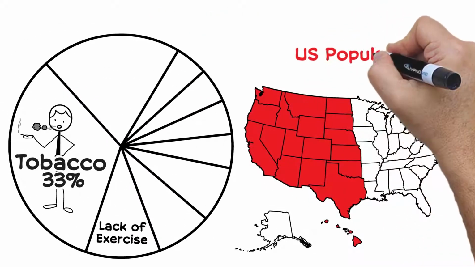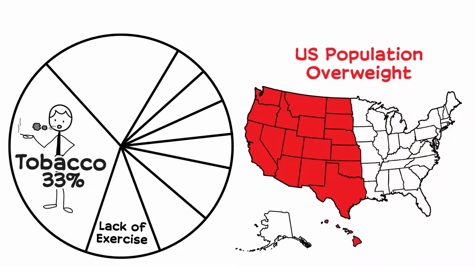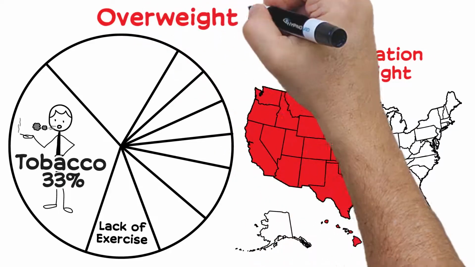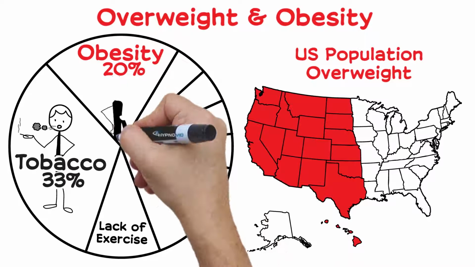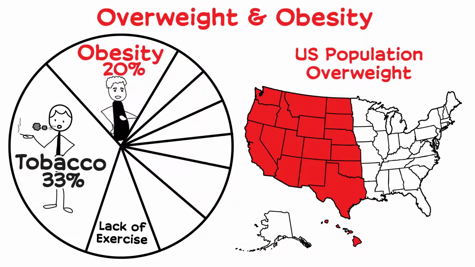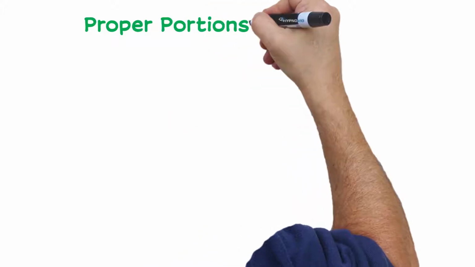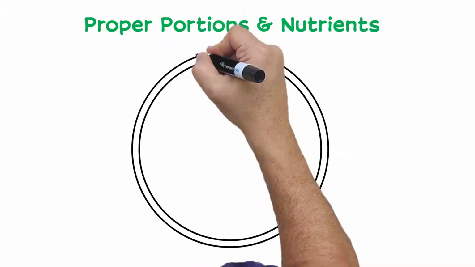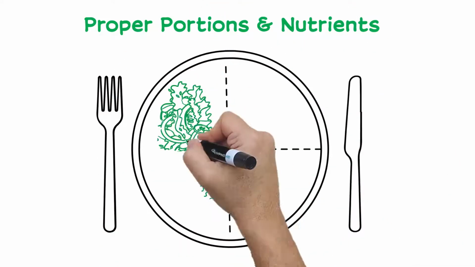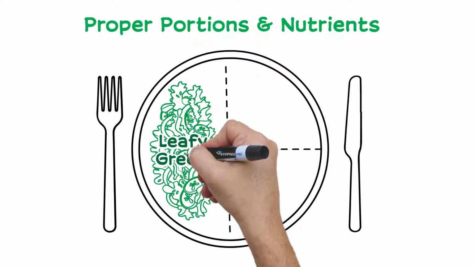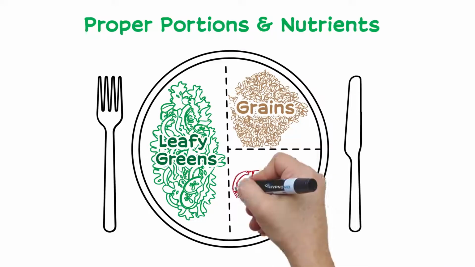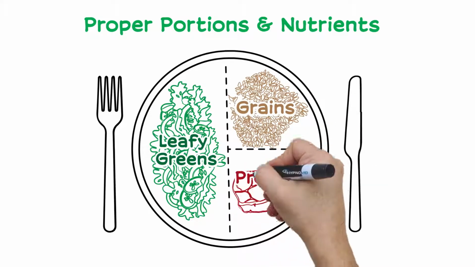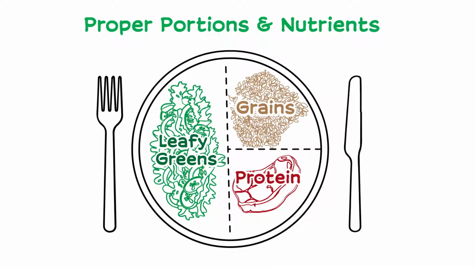More than half of the U.S. population is overweight, and obesity is a known risk factor for cancer. If you're overweight, it's important to work on eating a more healthy diet and adding physical activity to your day. Your diet should include the proper portions and nutrients. It's not only about limiting calories, but eating foods that are good for your body and provide the right energy to keep you healthy. A healthy body is less likely to develop certain types of illnesses.